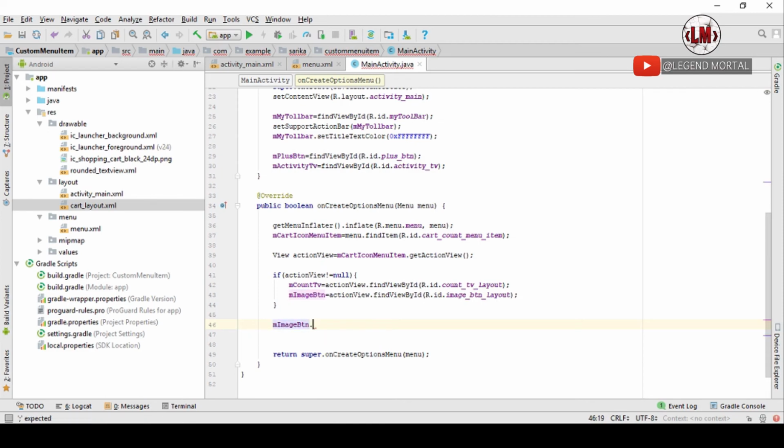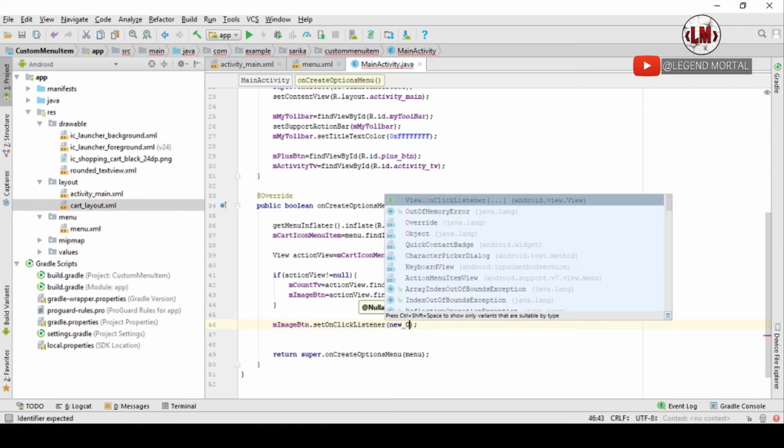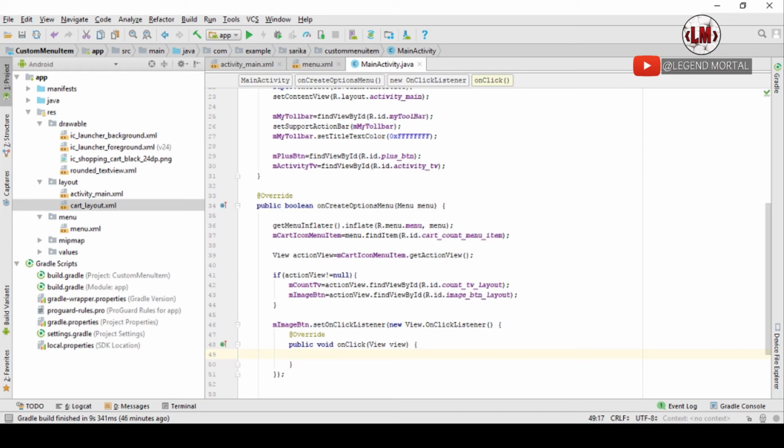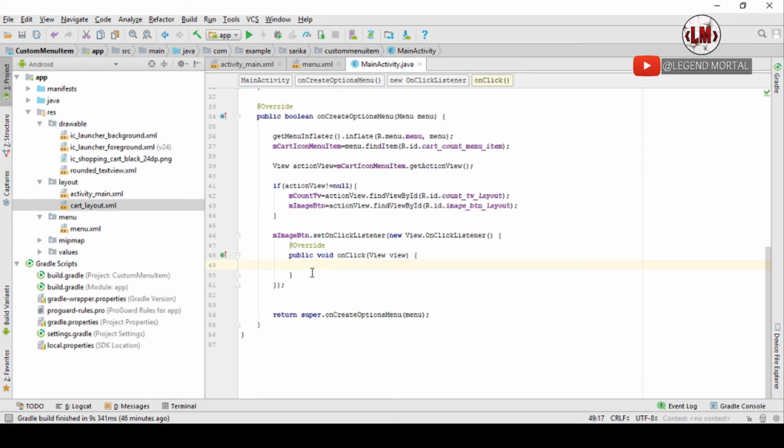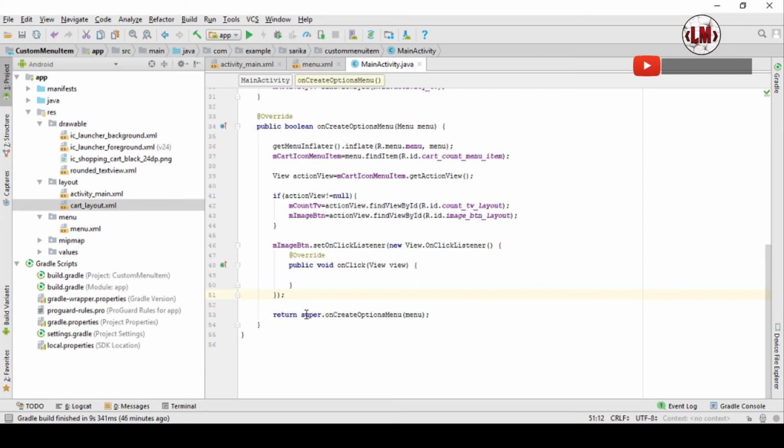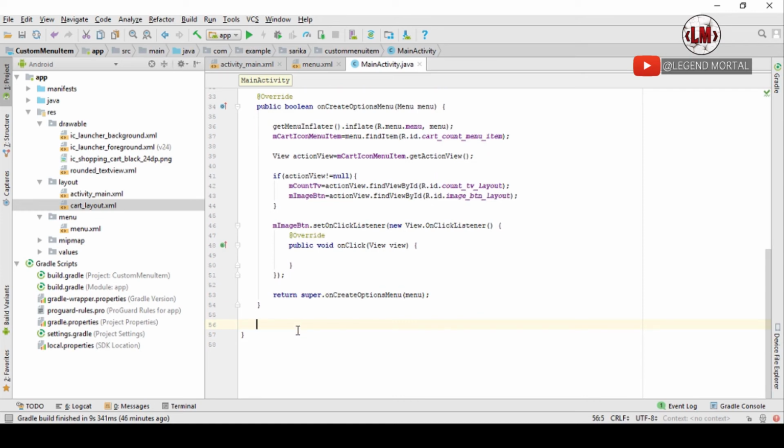So we will add on click listener for this image button. Image button dot set on click listener, new view. Okay, on click listener. Now on click listener is created over here. We will keep this thing just like that. Don't need to do anything over here right now. We'll straight away go in a method and create a method